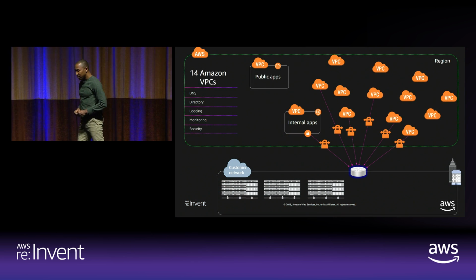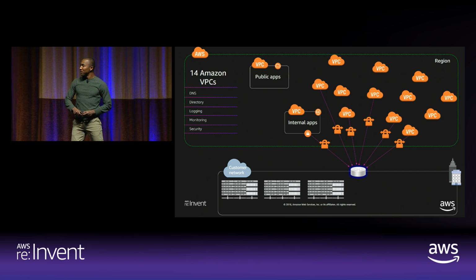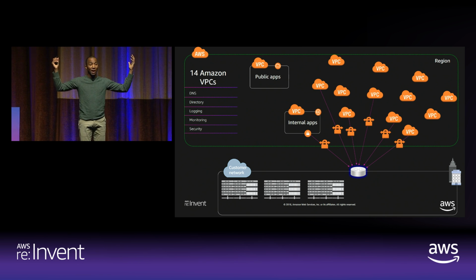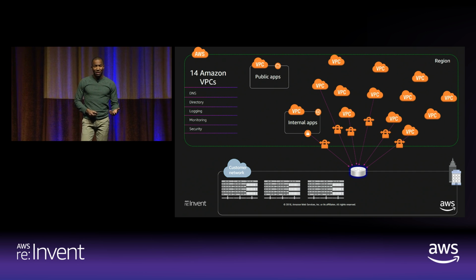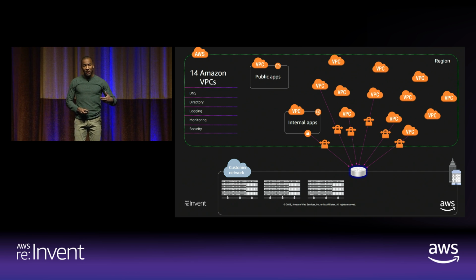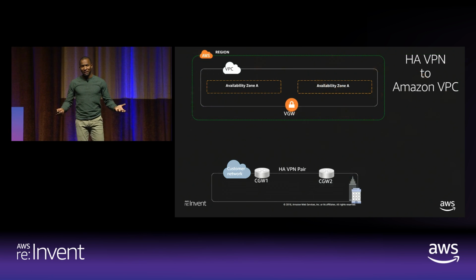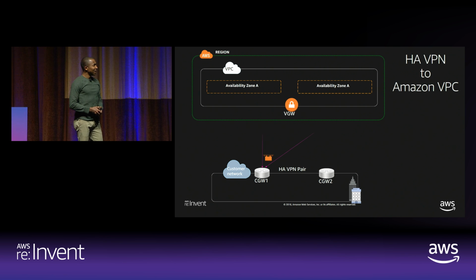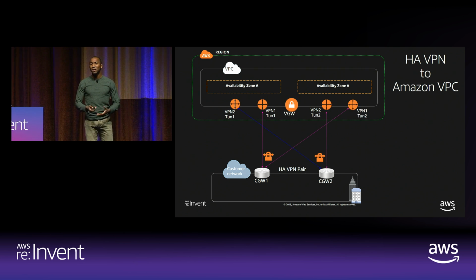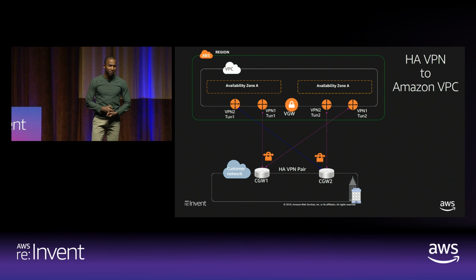Well, first, customers generally go the route of creating IPsec tunnels to every single VPC. But quickly, you realize that for each VPN that you establish to a VPC, you get 2 tunnels. So if you have 14 VPCs, you're having 2 tunnels being created each to these VPCs. So you end up with 28 tunnels to manage. And if you have 200 VPCs, now you have 400 tunnels to manage.